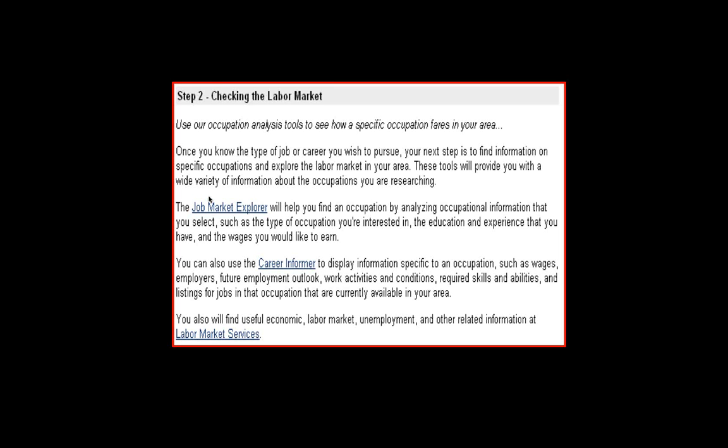If you are thinking of transitioning your career, labor market information does a good job of letting you know if you should make that switch or not, based on how many job openings there are, if that occupation is on the decline or if it's inclining, more positions are opening up within the state, and what the average salary is for each county within our state of California. So if you're thinking about maybe moving,